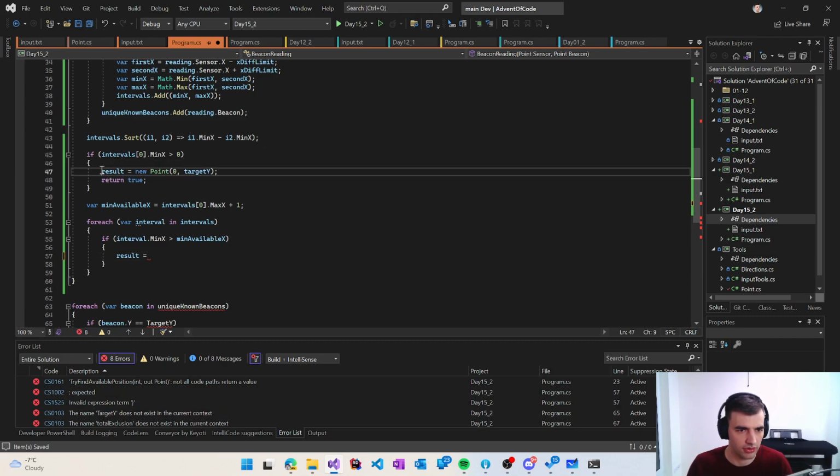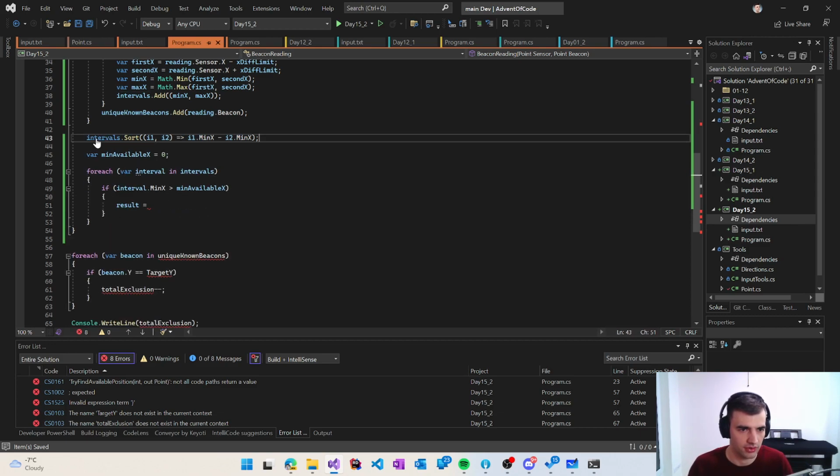Right, so we can use it in a general manner. So min available x equals 0, and we can do it like this. If it's greater, then we have the solution, and we set it to min available x, target y